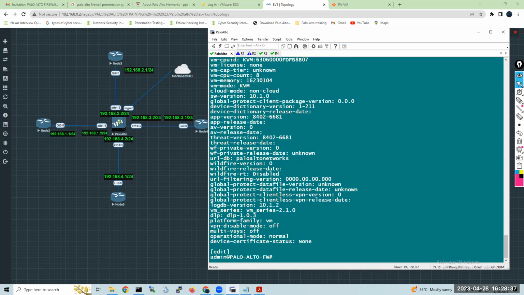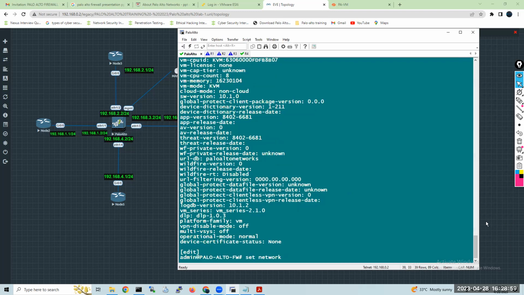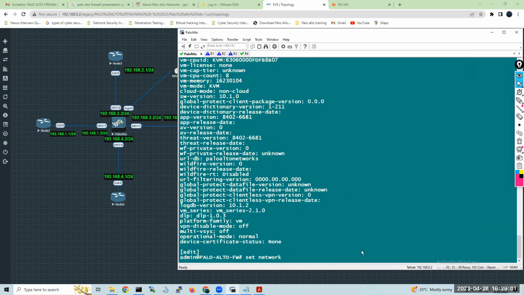Now I am going to assign the IP address for these interfaces: Ethernet 1, 2, 3, and 4, that is 1.2, 2.2, 3.2, 4.2. Configuring the IP address is very simple: set network interface ethernet interface 1/1.